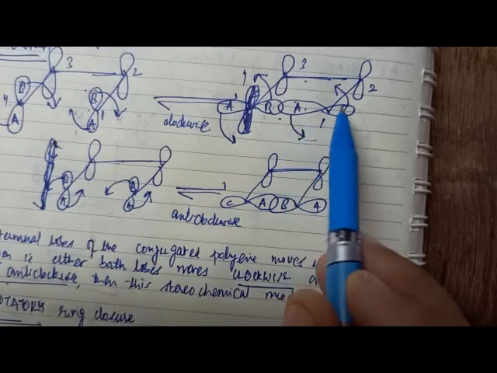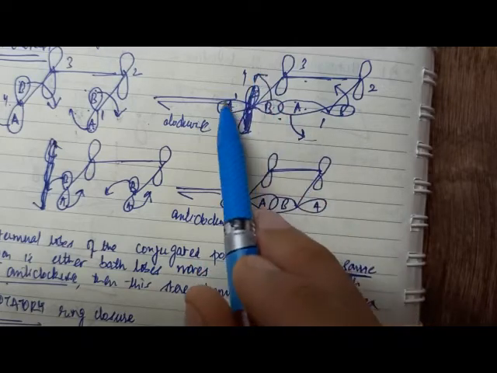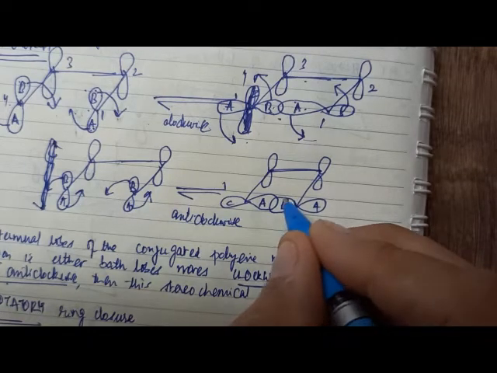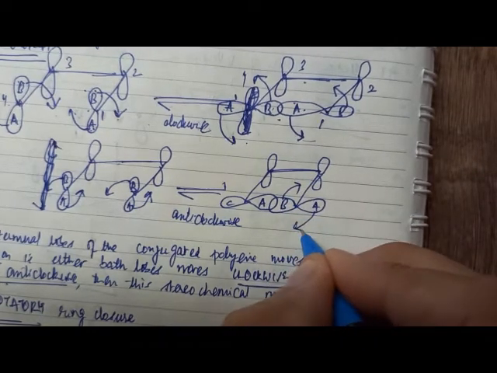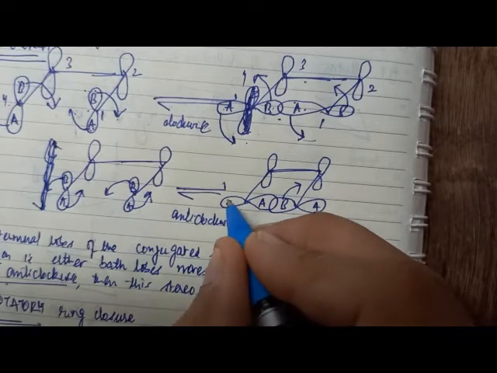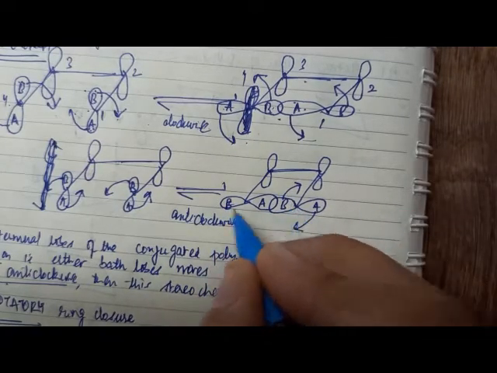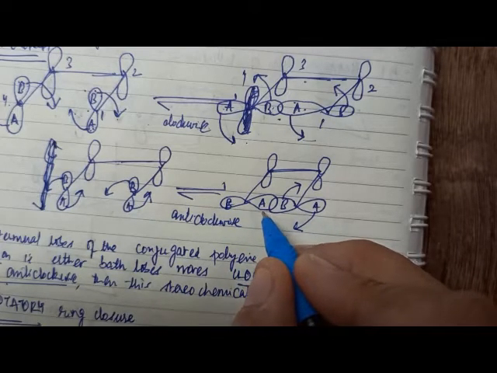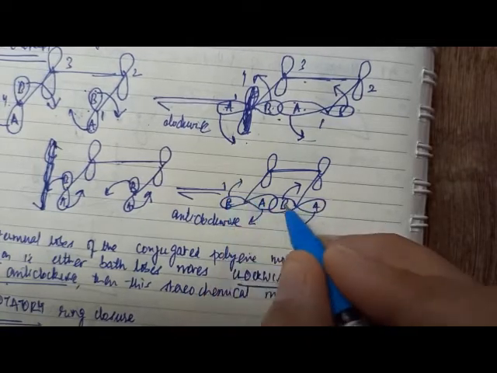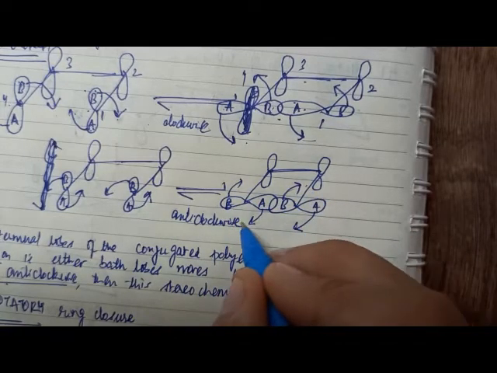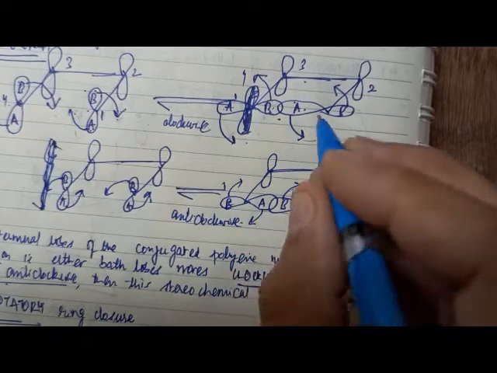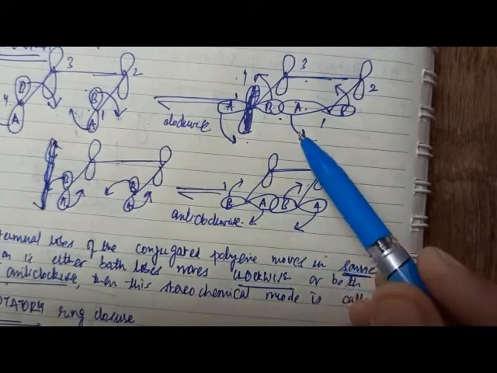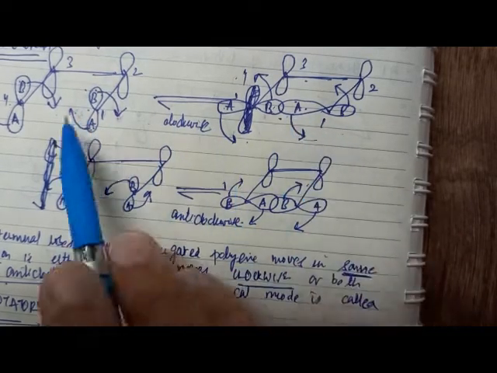So this A is moving in a clockwise direction, B is also moving in a clockwise direction. Here, if B is moving in an anti-clockwise direction, now B, let's say B comes here, A is moving in anti-clockwise direction. Similarly, if you look here, this is again B. Since it is conrotatory, the lobes have to move in a similar way. So here A will move here and B will move here. So look here, B and A moving in the same direction. B also clockwise, A also clockwise. A anti-clockwise, B anti-clockwise. So this kind of a ring opening or closure is called the conrotatory.